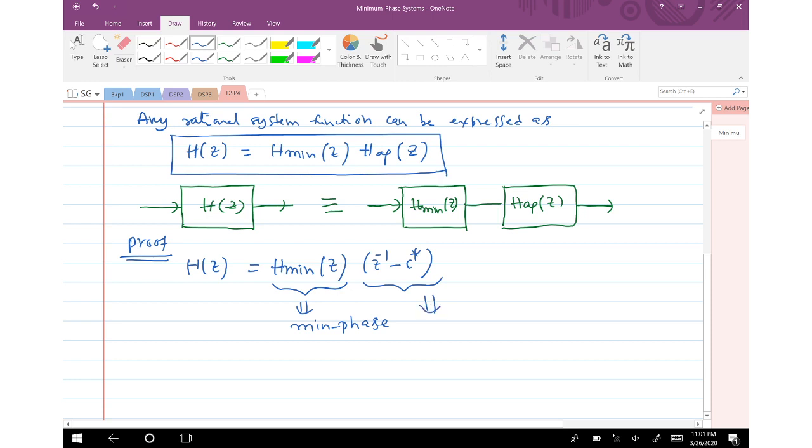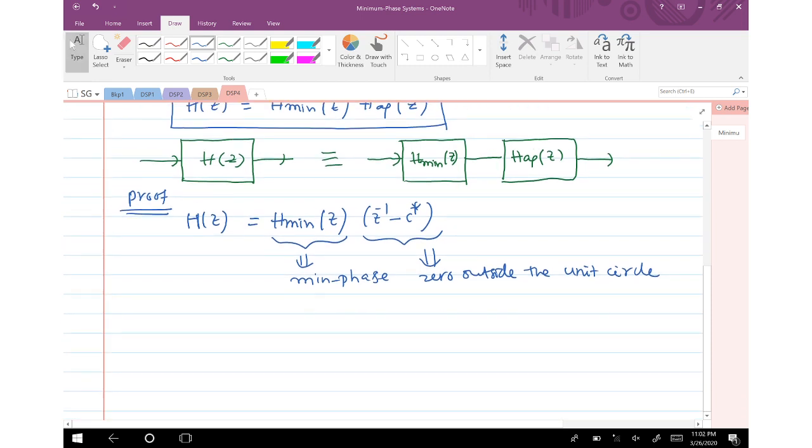For example, here we are assuming there is just one zero outside, which otherwise H(z) would have been a minimum phase system. So this is a zero outside the unit circle. Okay, so what can we do now? So this means